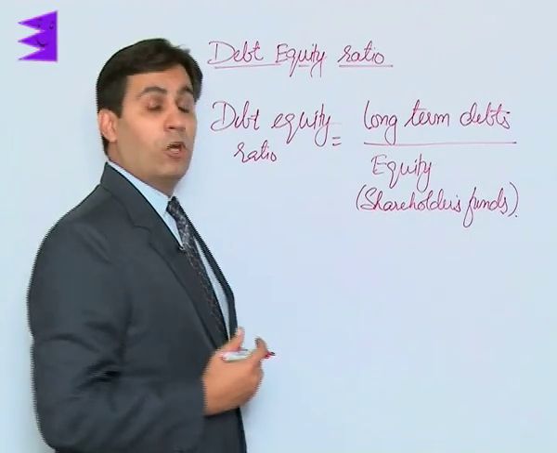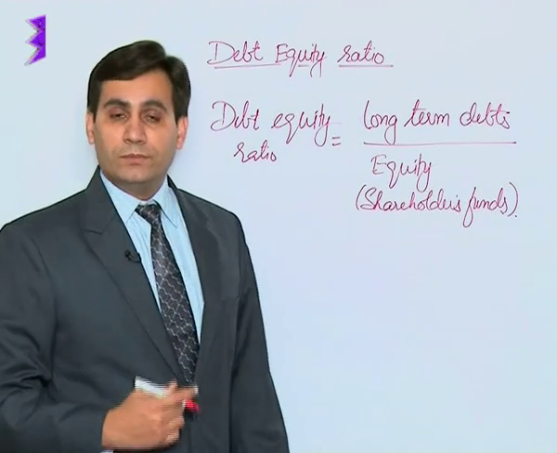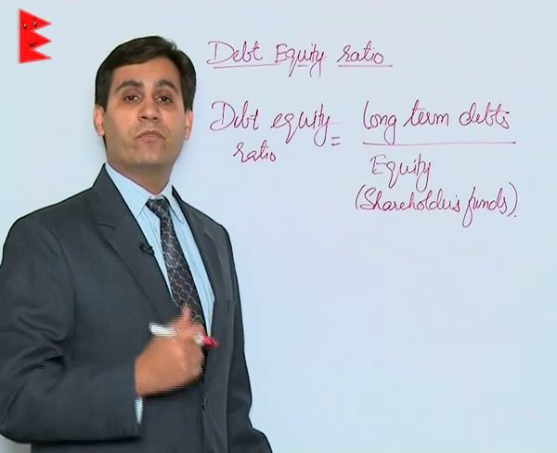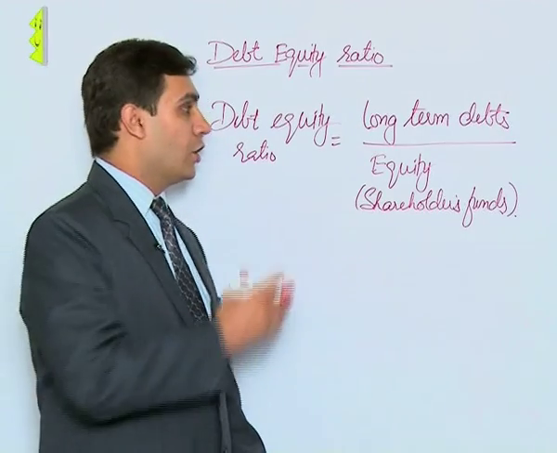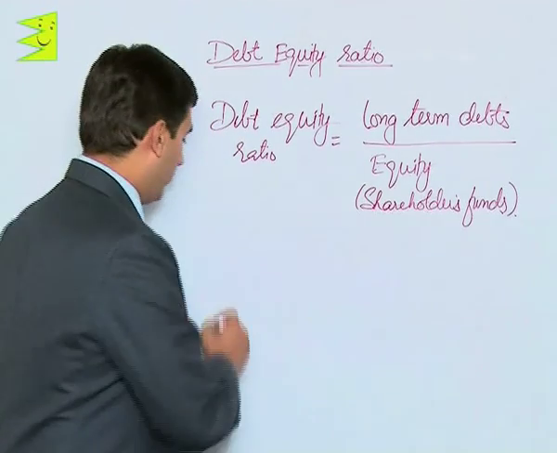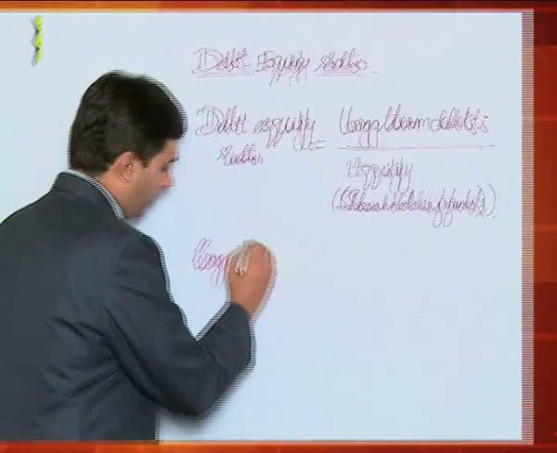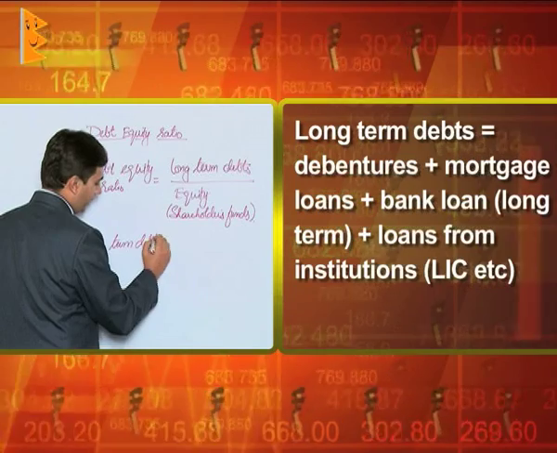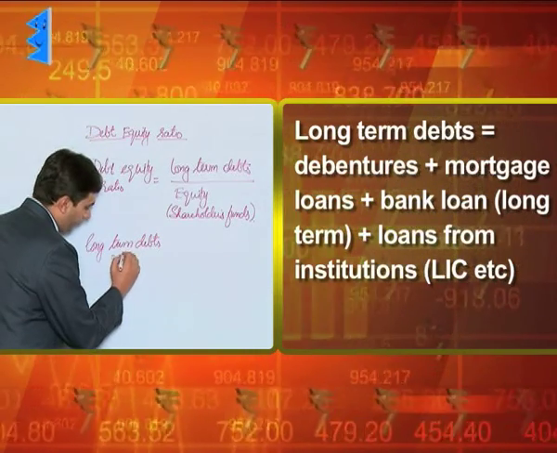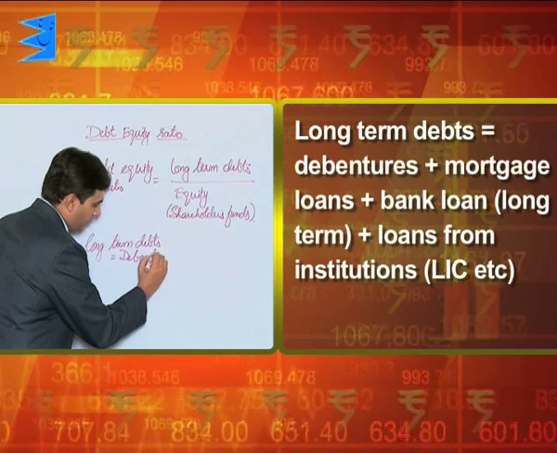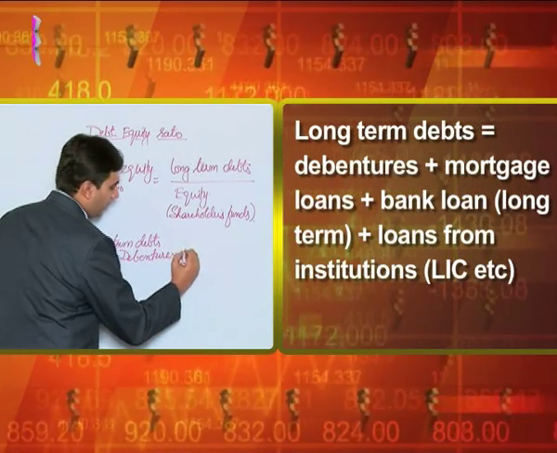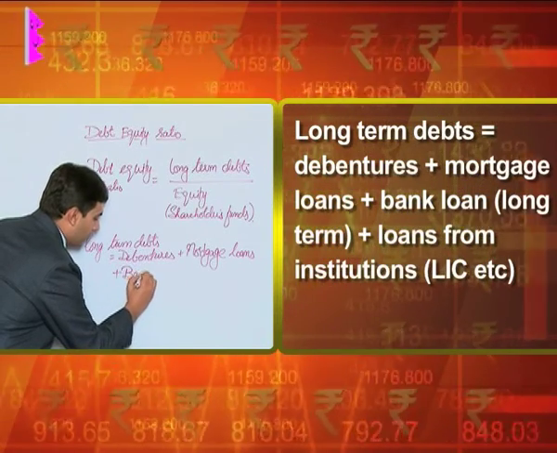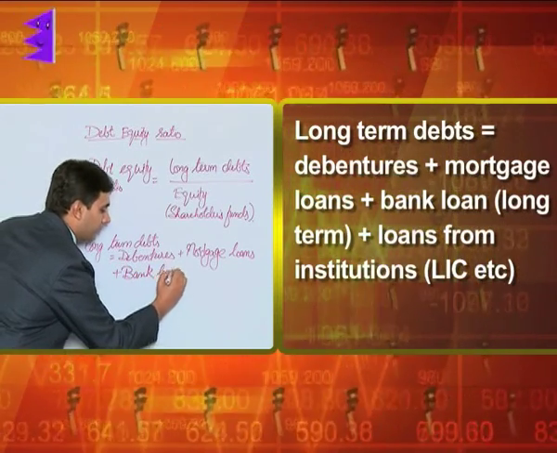Now students, by long term debts, that is the first component here, what we mean is debts which are there in the business for a period of more than 1 year. So what does long term debts include? Long term debts are equal to debentures plus mortgage loans plus bank loans which are secured and for long term period plus